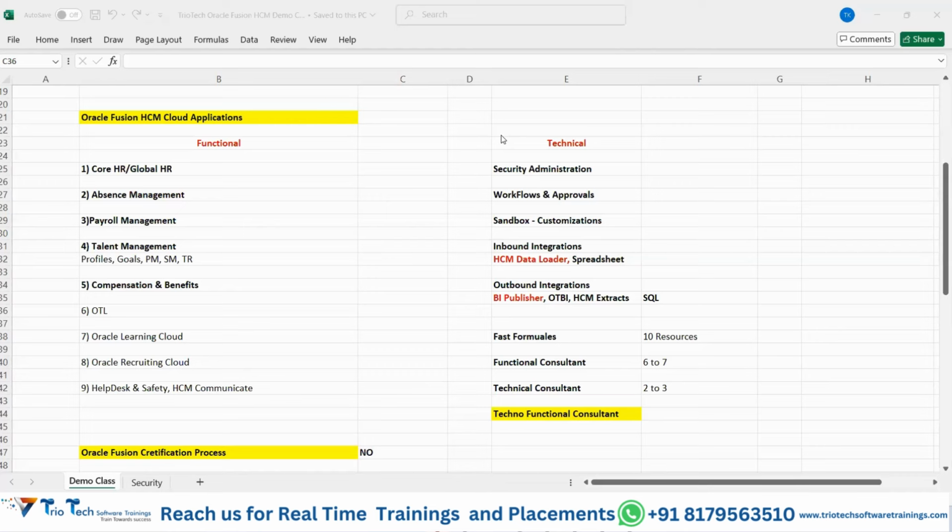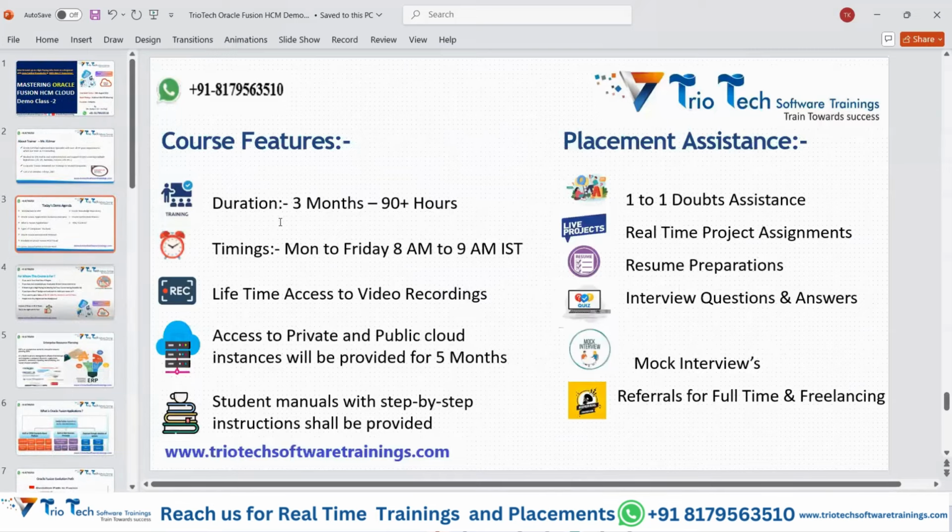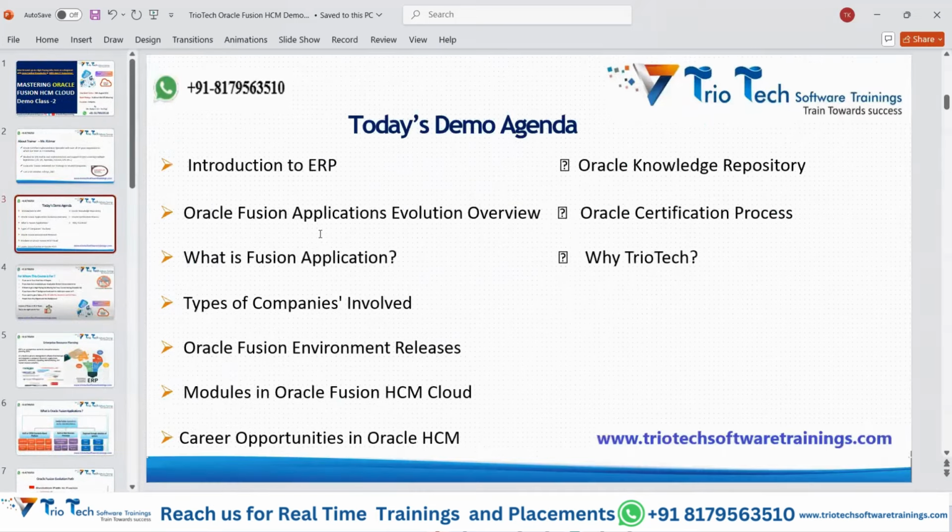So, in the last week, on Thursday and Friday, we had the demos on the Oracle HCM Cloud Applications team. As part of our first two demo sessions, in our day one demo, we have seen introduction to the ERP concept, what this Fusion application is about, and its evaluation path, and what are the companies involved in the usability of this Fusion application and Fusion environment releases we have seen,